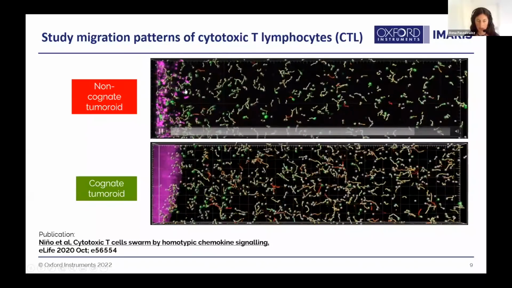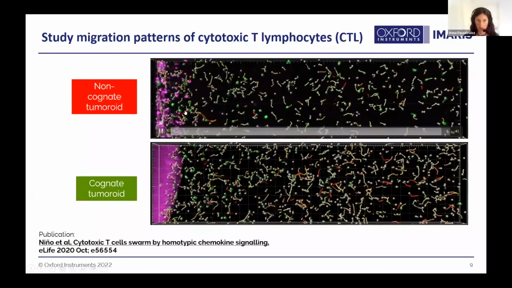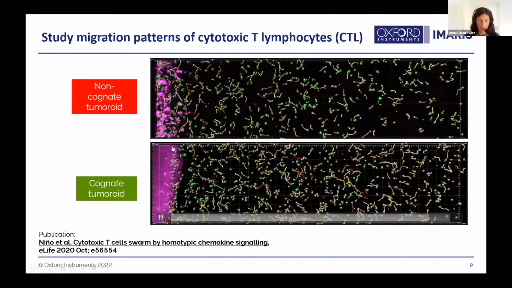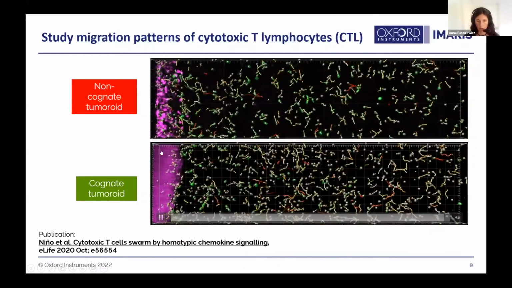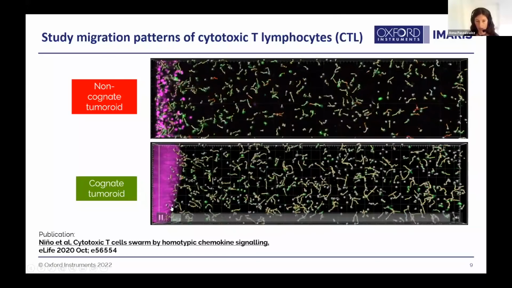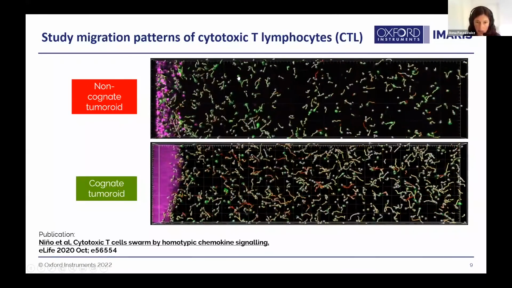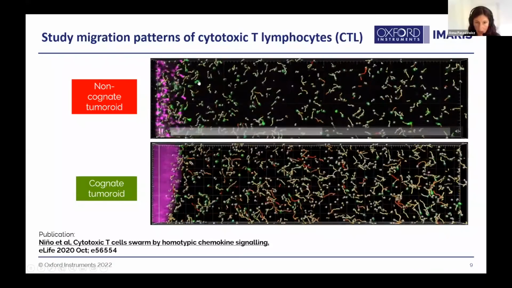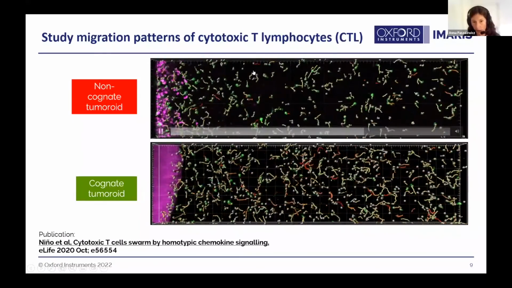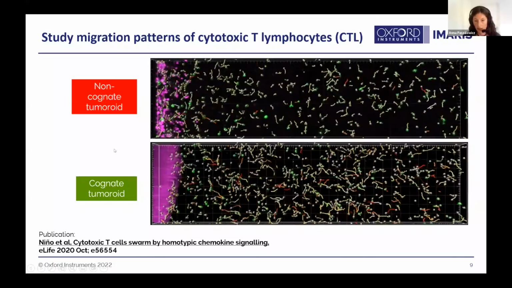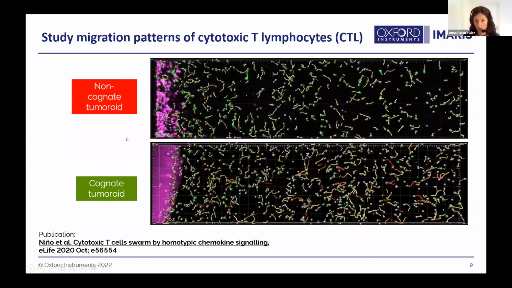So this magenta tumoroid is not cognate. This is the naive tumoroid. And you can see the cognate tumoroid in the lower panel. These little green objects detected as spots in Imaris are cytotoxic T lymphocytes, and you can see their swarming movement in both